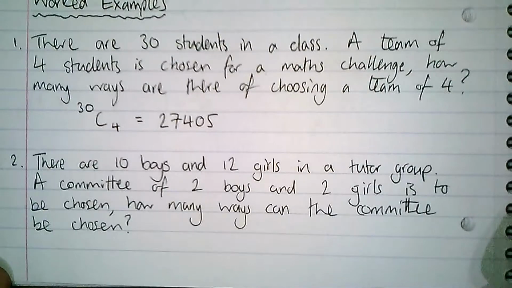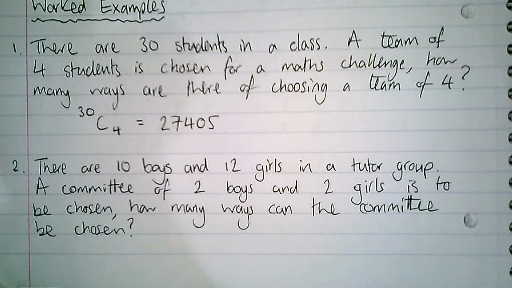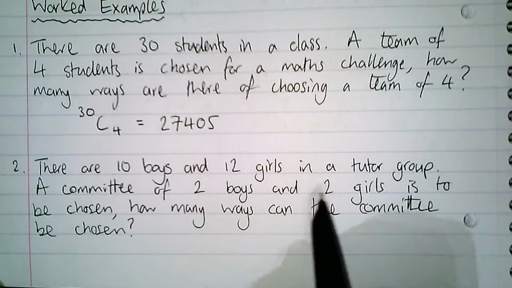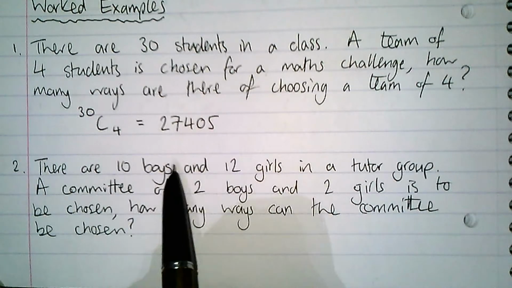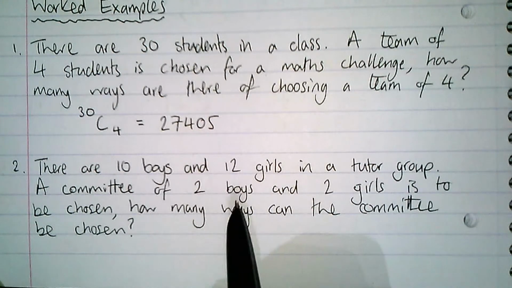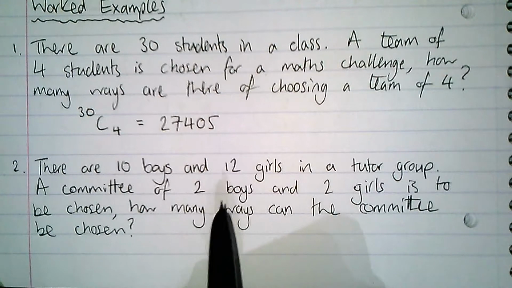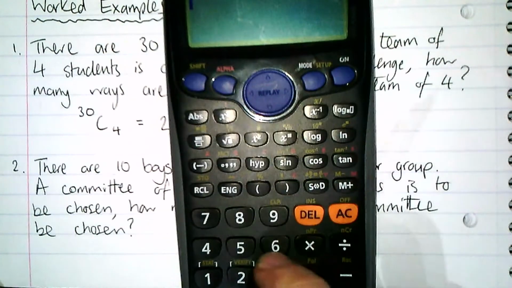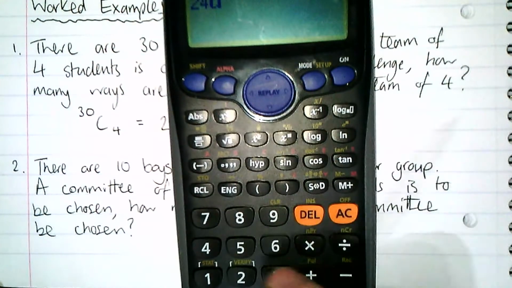Next question. So there's 10 boys and 10 girls in a tutor group. A committee of 2 boys and 2 girls is to be chosen. How many different ways can the committee be chosen? So here you've got 2 distinct groups. The temptation here would be to add these together and say, well, I've got 24 and I want to choose 4, and then do 24 choose 4. However, if you have 24 choose 4, then that includes things that we don't actually want to include, so you'll get a greater number there. So if we just work out what 24 choose 4 is, so we do 24 choose 4, we get